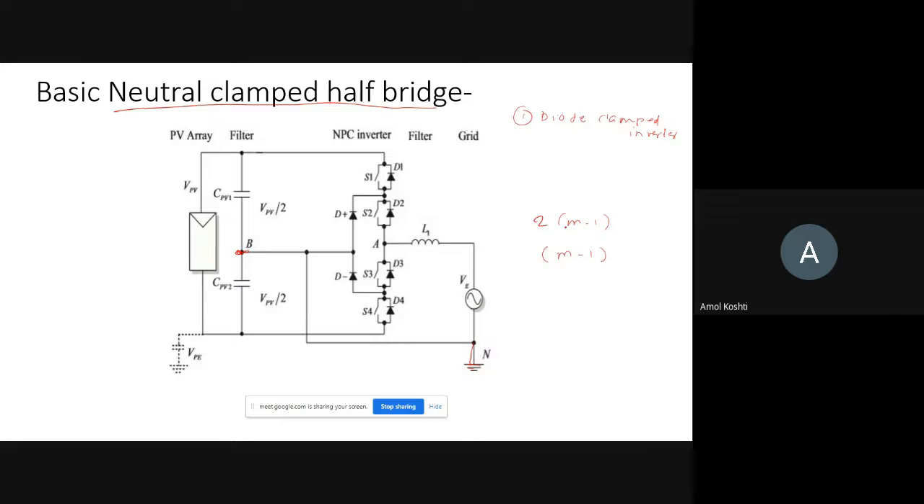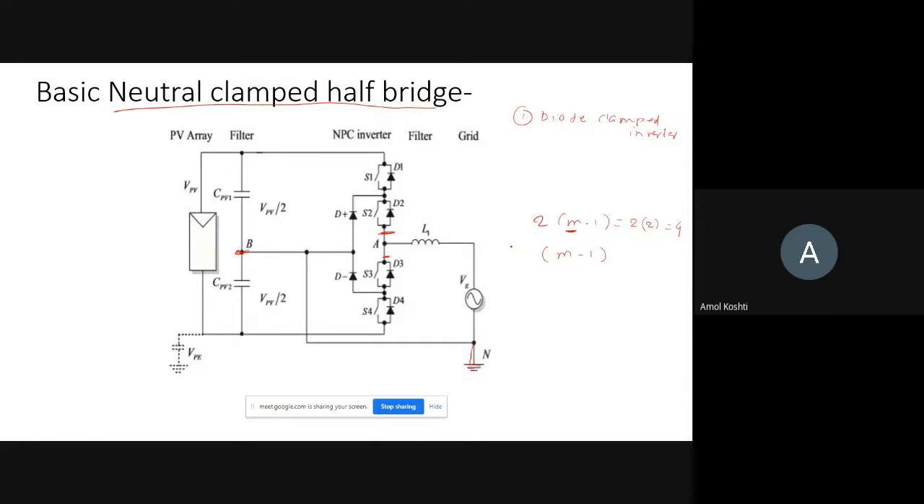So if we want three levels, put here 3. So 2 into 3 minus 1 is 2 into 2, so we need 4 switches. So here we have 4 switches. If we want 5 levels, we put here 5, then 5 minus 1 is 4, and 4 into 2 is 8. So we have to connect 4 more switches here: 2 switches at this point, before A and after A. In this way, you can add more switches and you can produce the